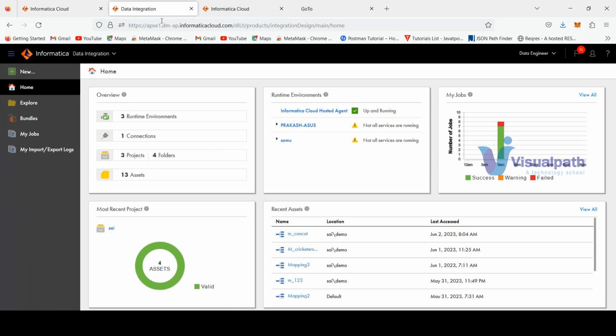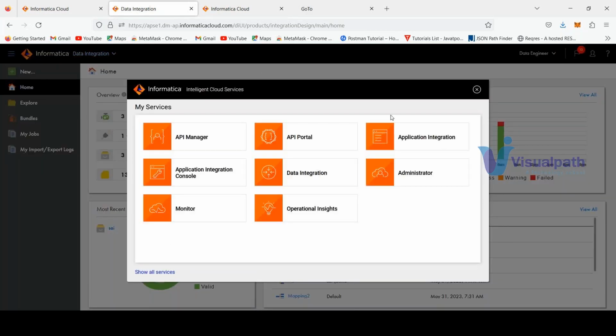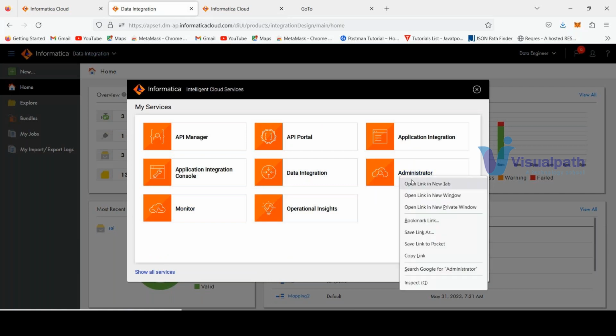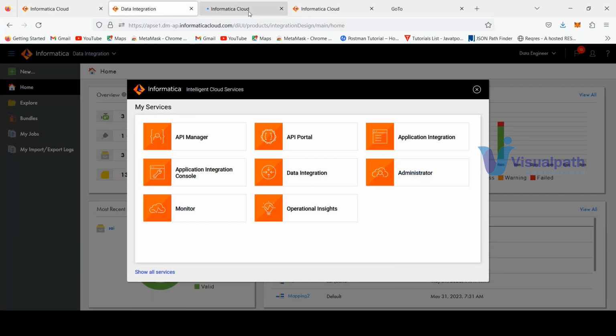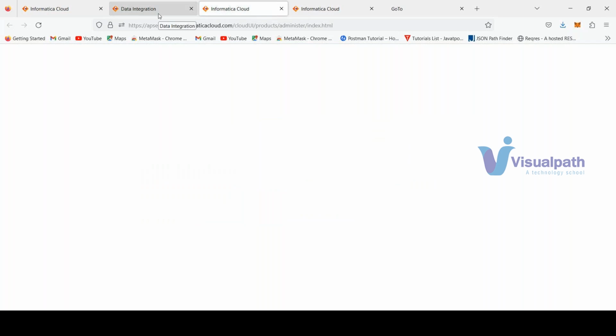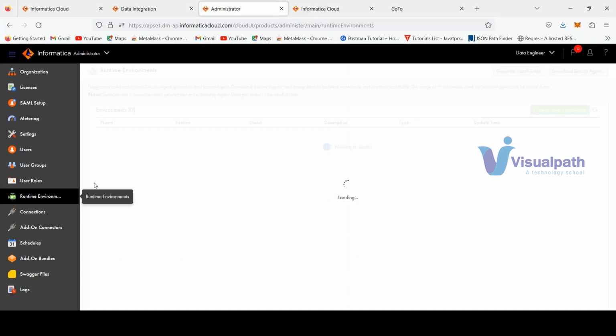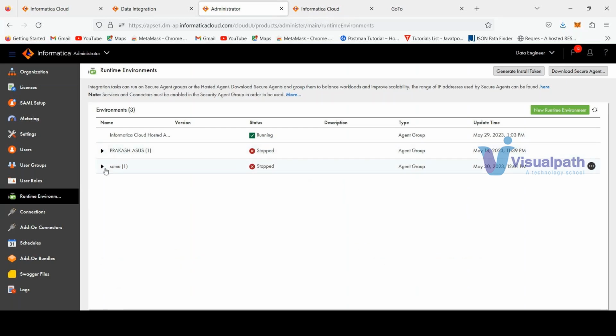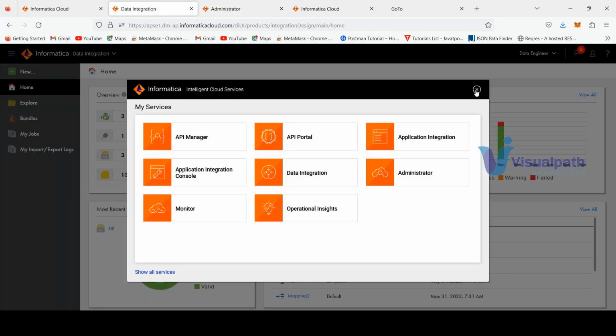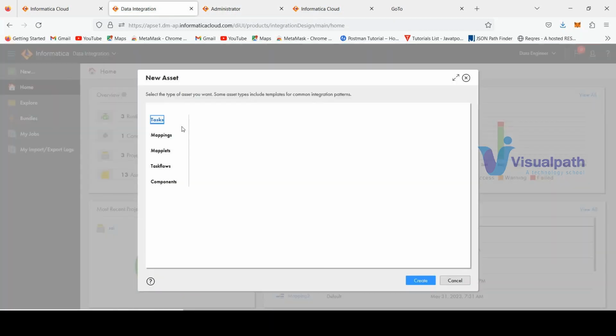So when I'm clicking, this is a different machine. The same login, but it is a different machine. If you see administrator, this is a Somu machine. Earlier, if you remember the connections, it was not able to do that because the connection is hosted on the Somu machine. Now when I create a new mapping,